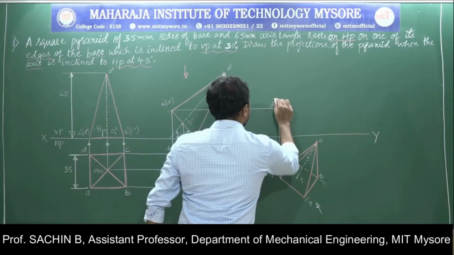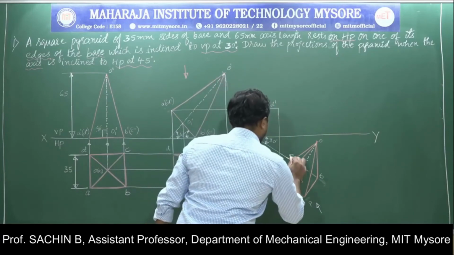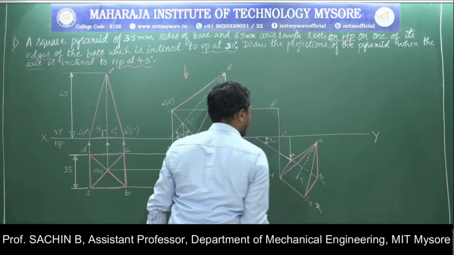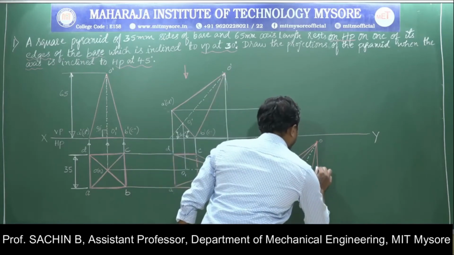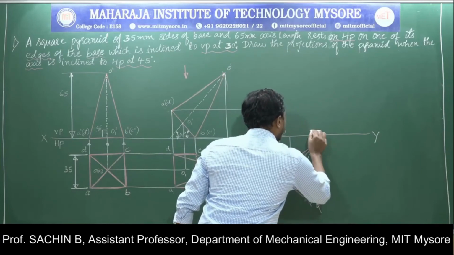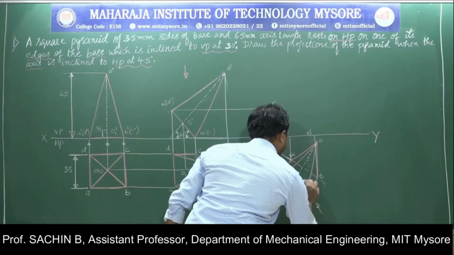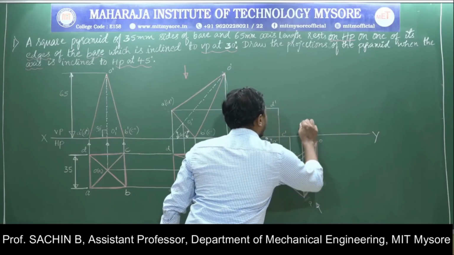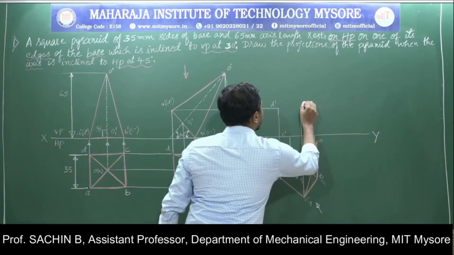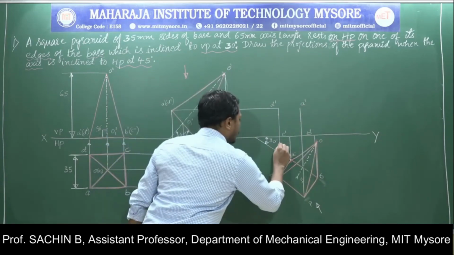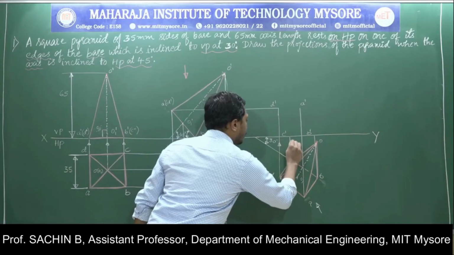This is D dash. Again I will go for C point. C point is available for me here itself, that is C dash. Again I will go for B point. B point is available here, that is B dash. Again I will go for A point. A is available at the top, this is the A dash. To get the front view of the object, I am drawing the projection lines. I am showing the arrows here